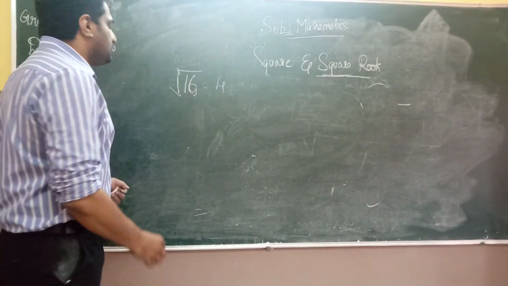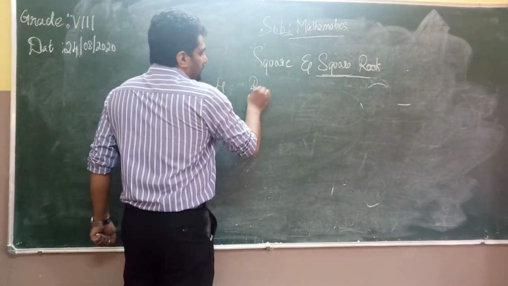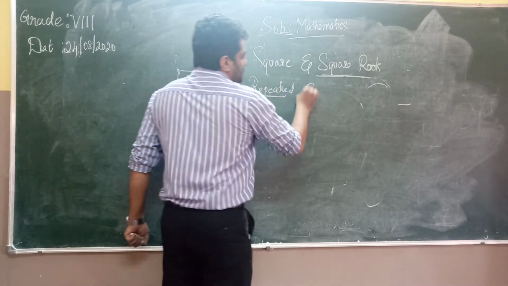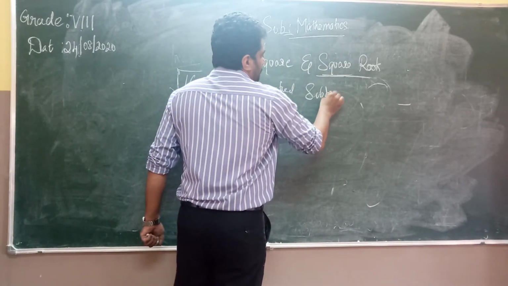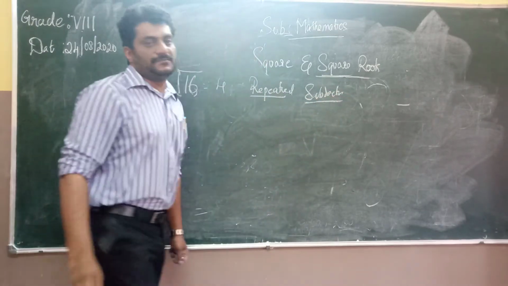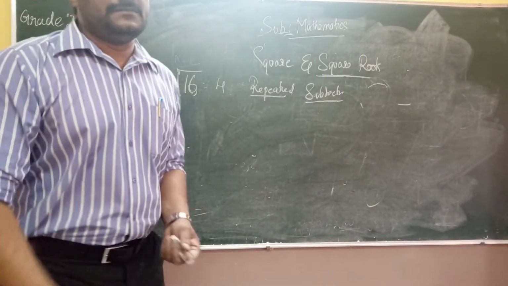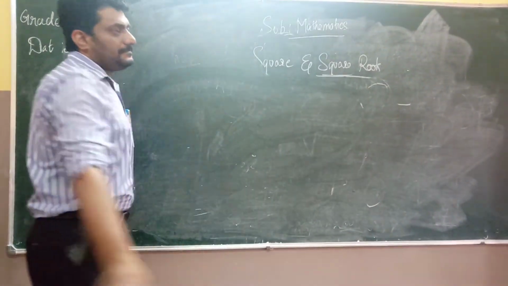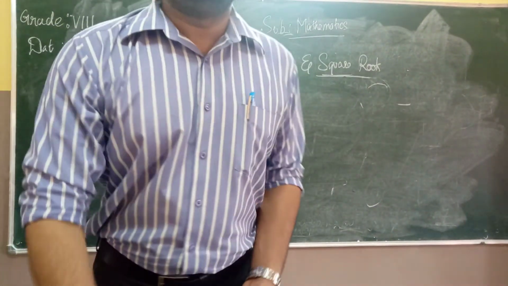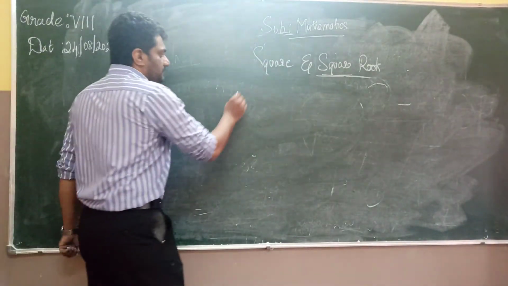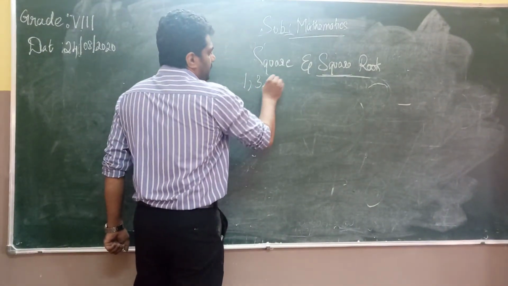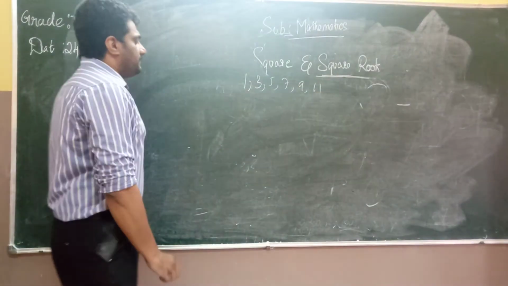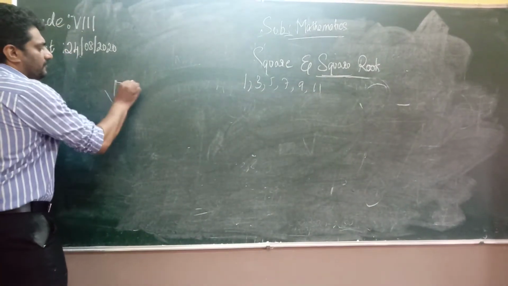There is a method called repeated subtraction. How do we do this? Repeated subtraction is done by subtracting the odd numbers. What are the odd numbers? 1, 3, 5, 7, 9, 11. Now if I have to find the square root of 16,